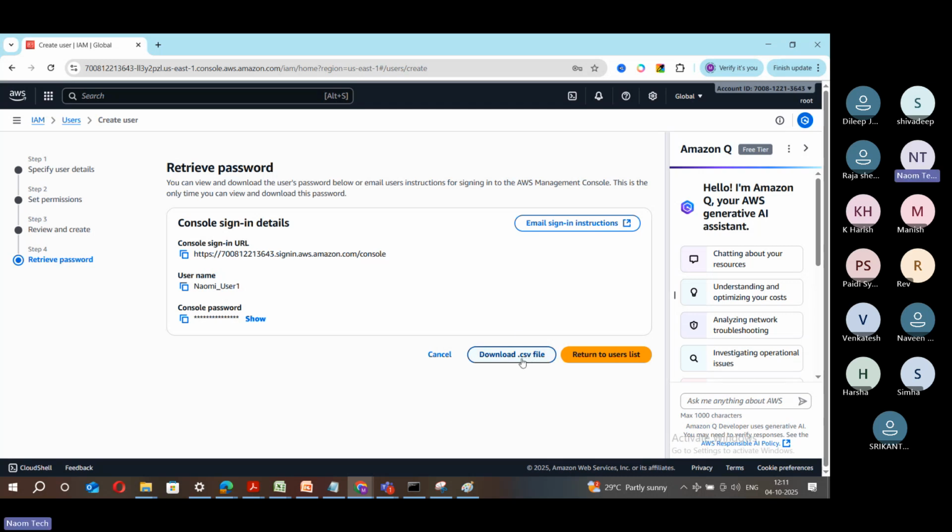Download the CSV and keep it somewhere safe in your machine so that you can use it for next login. You got it right? So what should you do? Download this CSV. I downloaded the user one credentials. So this is the last activity. Once you have created the user, download this and keep it ready for the next login so that the credentials are present